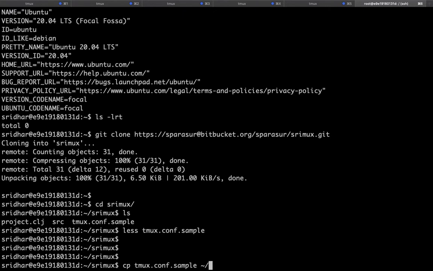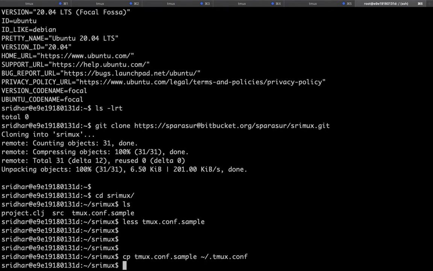So this is the place where you copy the conf. So once this is out of the way, the next step would be to make sure that you have a certain variable that you set or blank out, because tmux tool does not like nesting. So we'll have to edit one particular variable and save it in the bash profile.